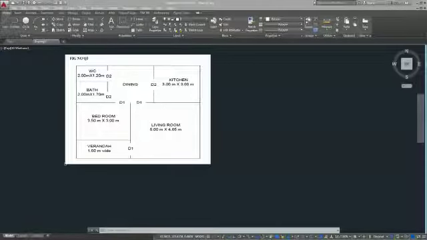See here, between the WC and bathroom we will have a partition wall. That means a 10 centimeter wall. The main wall may be 230 or 300 mm, and the partition wall will be less than that. Now just see here, 3 meter by 3 meter. That means horizontally 3 meter and vertically 3 meter. Here you can see the water closet 2 into 1.2 and 2 into 1.7. You see this line here, it's all in the same line, so the 10 centimeter will be the partition wall thickness. Like that we have to calculate, that we'll discuss in the class.